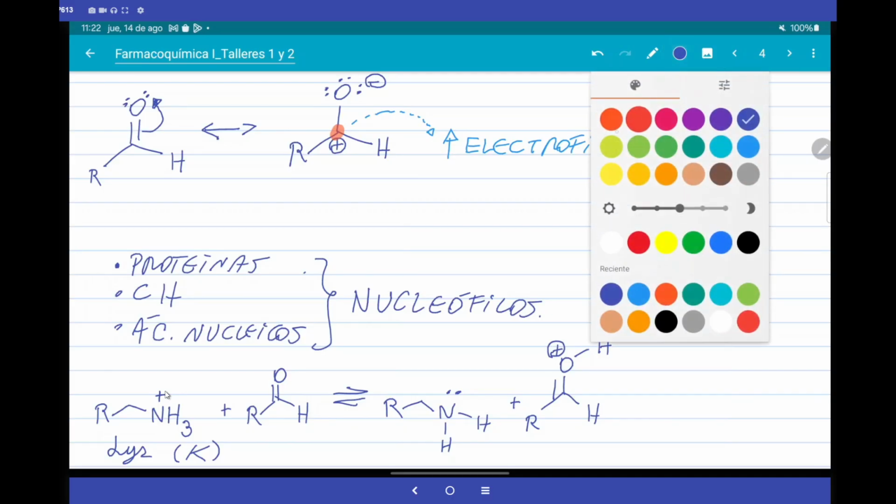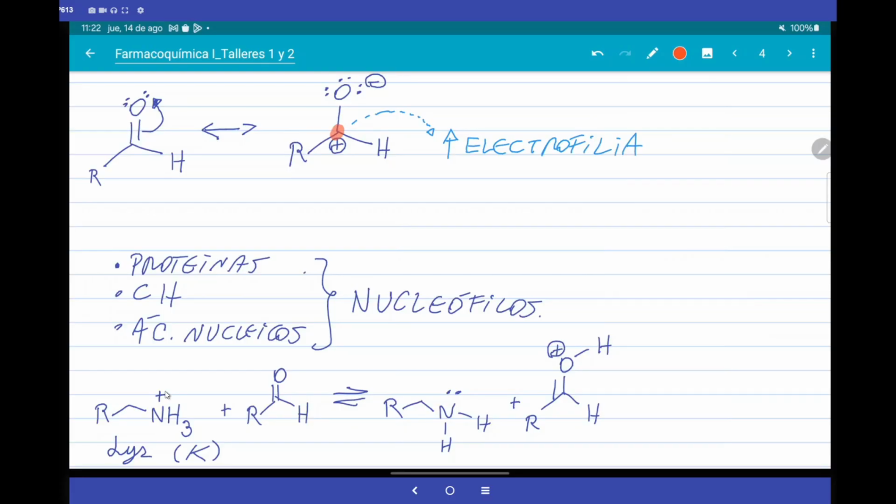Therefore, in the second step of this reaction mechanism between a protein and the aldehyde, the nucleophilic attack occurs. That is always done by a nucleophilic amino acid like lysine. You would say, well, what other nucleophilic amino acids are there? Amino acids that tend to react with electrophilic substances, which are pharmaceutical or, in this case, something toxic, are lysine, and I am going to leave a small list here: serine, cysteine, and can you think of any more?